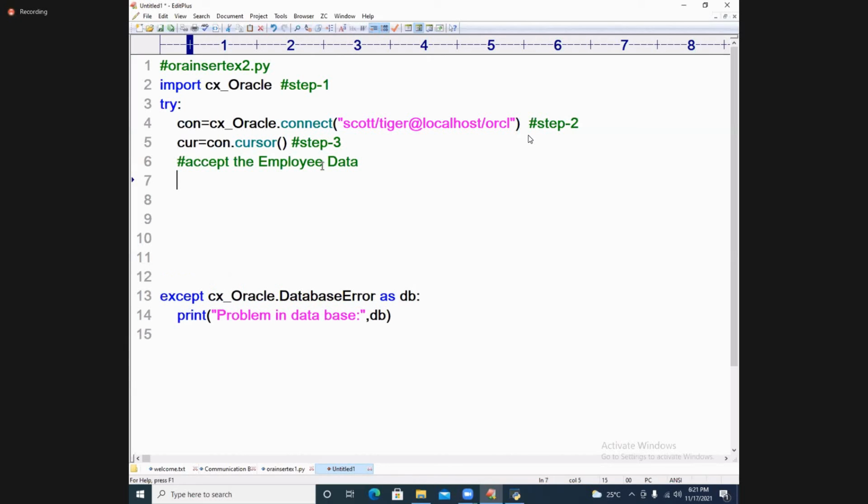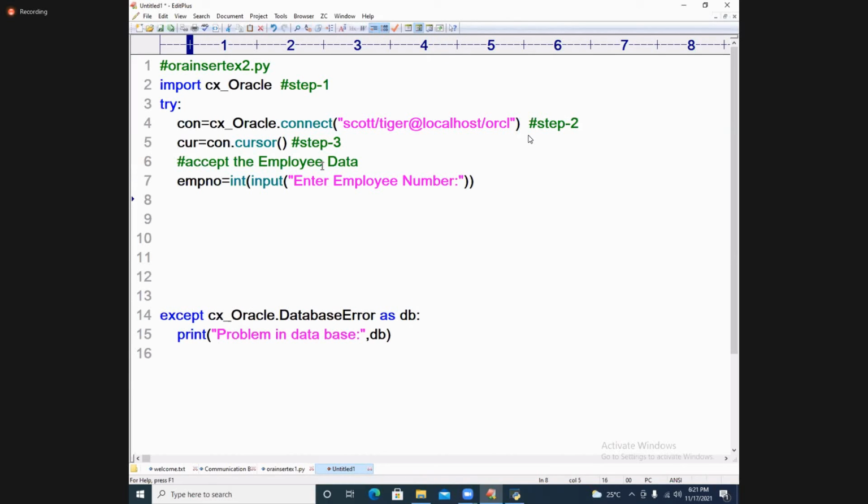EMPNO is equal to int of input of enter employee number. Okay, I got the employee number.